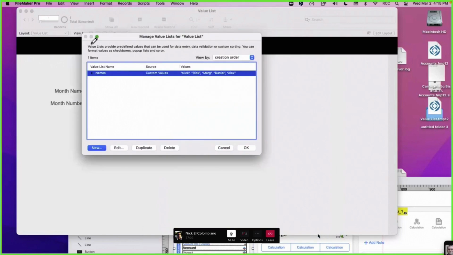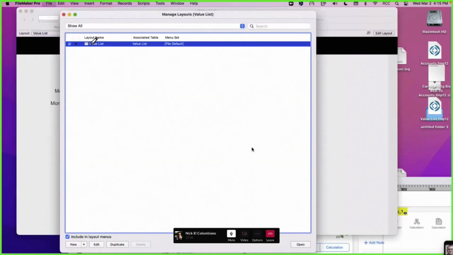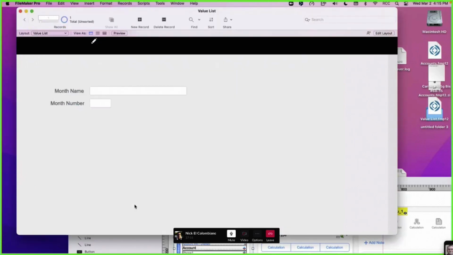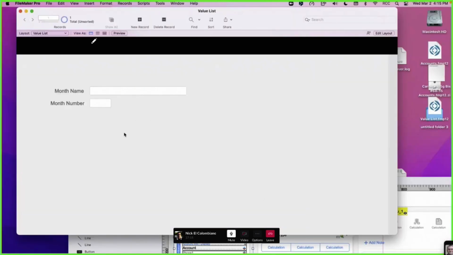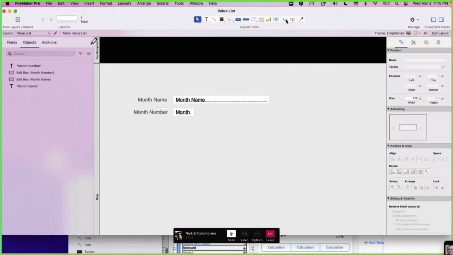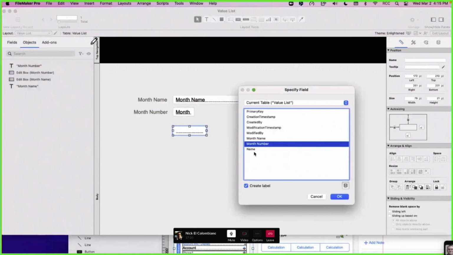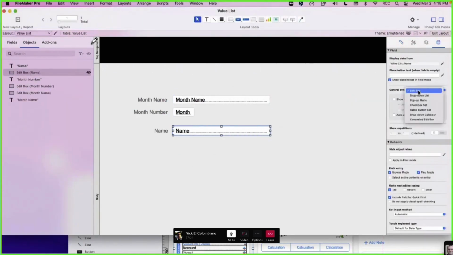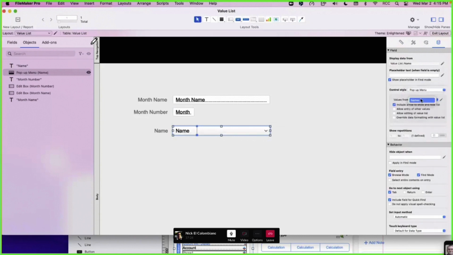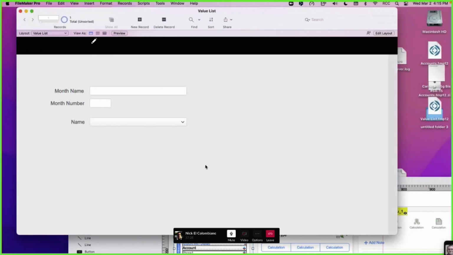We have names like this, and we can use them with a name field. We put the name field in the layout, and then we can attach a pop-up menu with the value list. So we have Nick, Rick, Marge, etc.